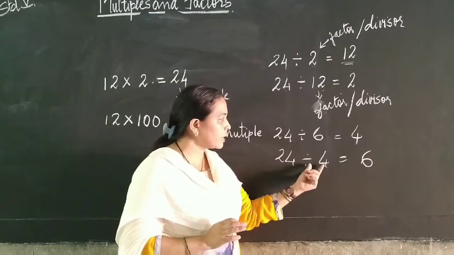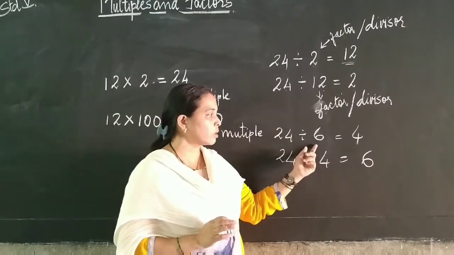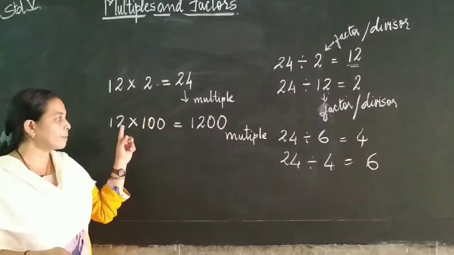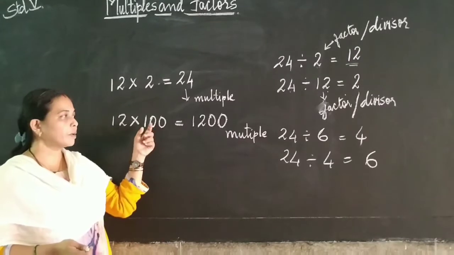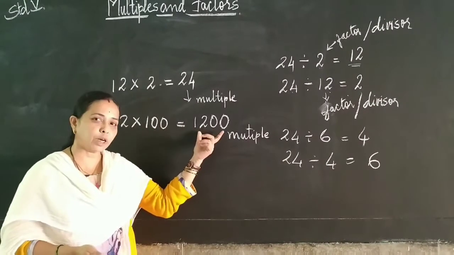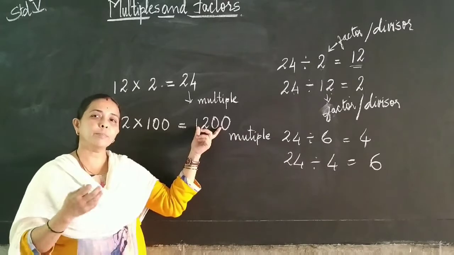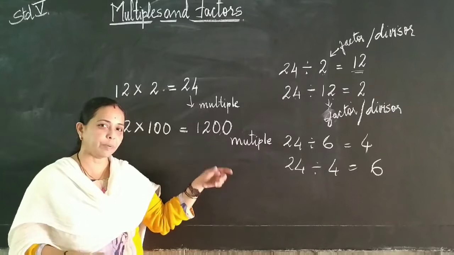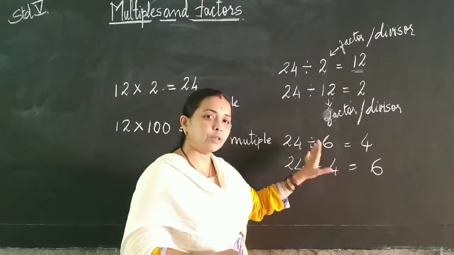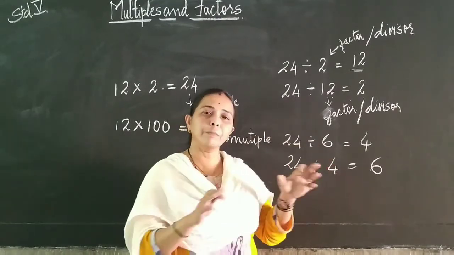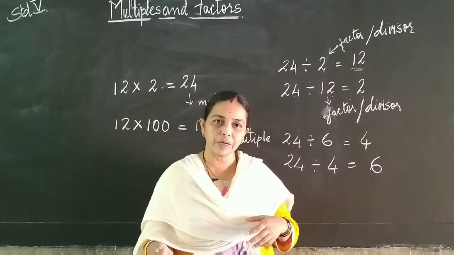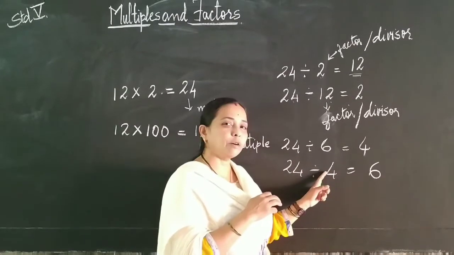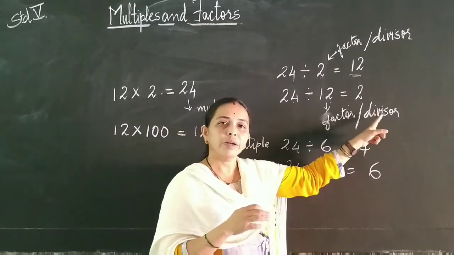So these numbers are there which divide the other number. We call these numbers factors, and the numbers which multiply, whatever product you get, we call it the multiple. Okay, so your tables help you to find out the multiple and division, where you can divide the number completely without leaving a remainder. So the number which can divide the number is called the factor, or you can call it the divisor.